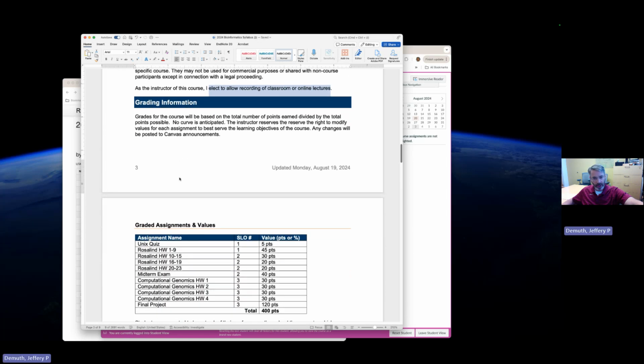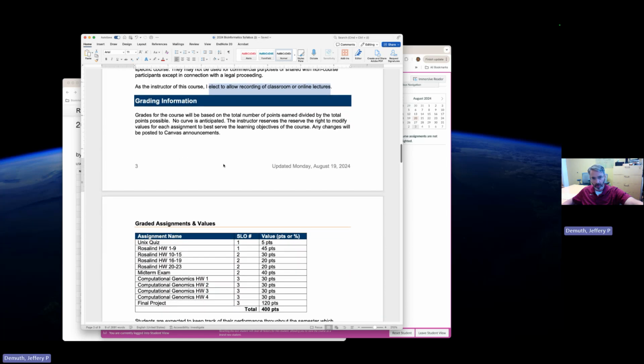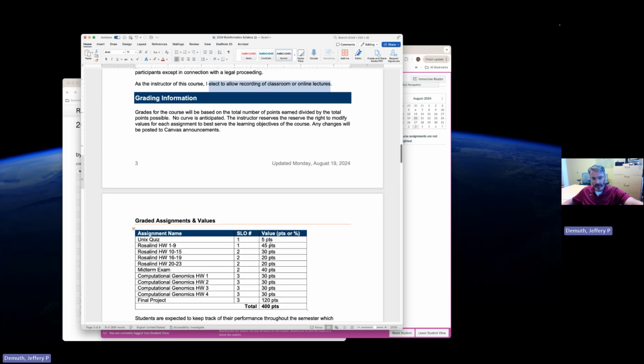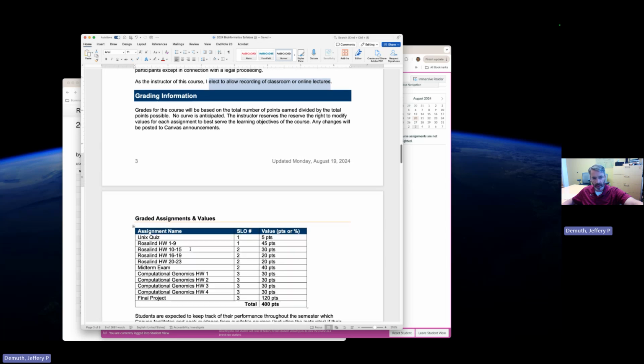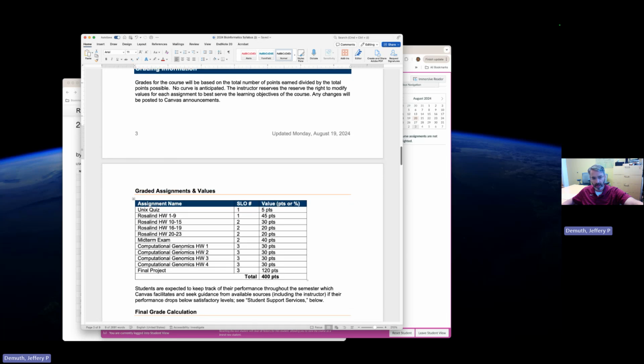Grading information, pretty standard. No curve. It's just the total number of points you get here. So here it's broken down by each one of the assignments. For example, Rosalind homework 1 through 9. Each one of those problems is worth 5 points. It's just that I have a single due date, so that's why they're lumped. And